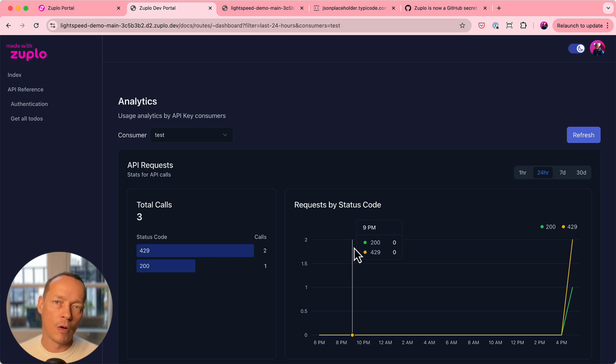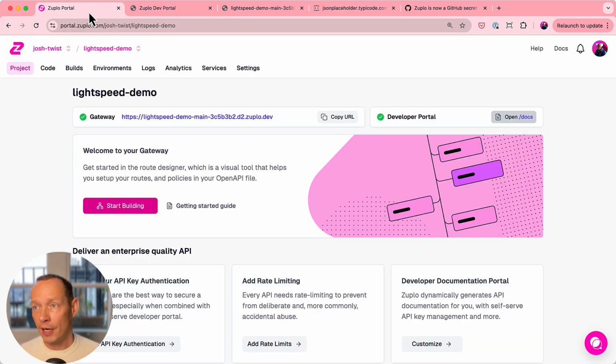This is what we call a Stripe quality experience. We want to help you give your API consumers, be them internal, partners, or customers, a great experience using your API, and that's what we try and do with Zuplo out of the box. The next thing I want to show you very quickly here is how to customize your gateway by adding custom